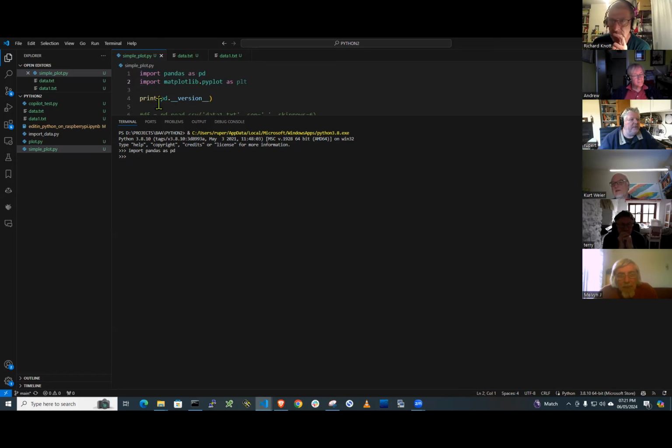I can do the same thing for import matplotlib. So if I highlight that and I do Shift and Enter, you'll see that it's typed it into the interactive window, and it's run that as well. Now, in order to verify that I've got those running, I can do a print statement. So if I do print pd.version, the dot under version,